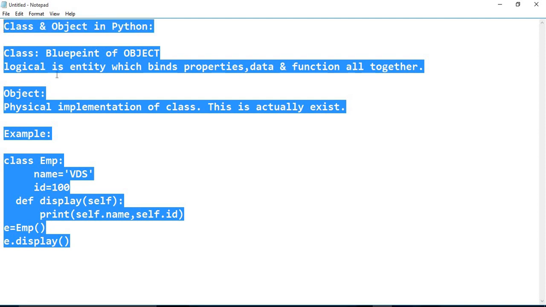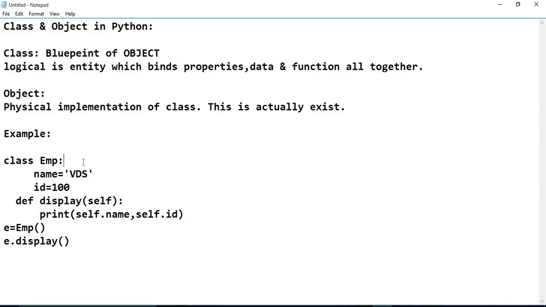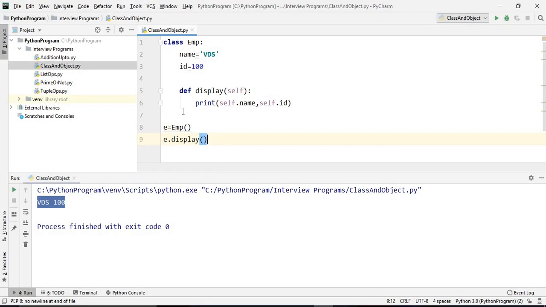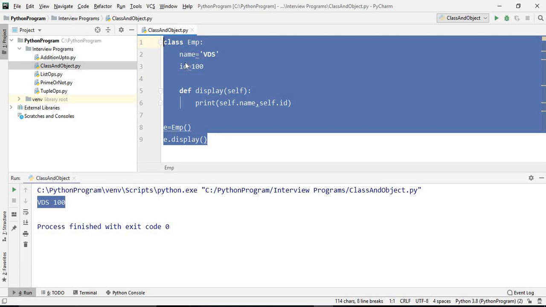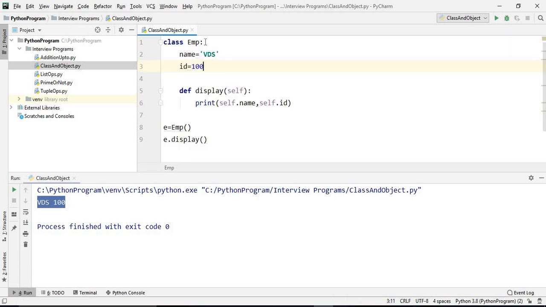So this is the basic implementation of class and object. So let's open PyCharm. Okay. So I have created here, see, class employee, name VDS, ID 100, and defined one method display with self, print self dot name and self dot ID, and then we create one object.